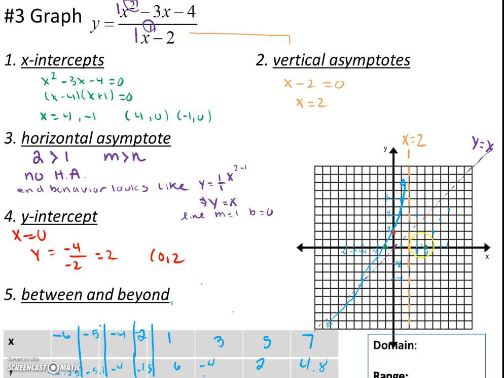Then we're going to have another branch over here, and it's going to approach this asymptote over here on this side, and you would just plot as many points as you need till you have a clear idea of what it's going to do. Again, it's not going to cross that asymptote. Okay, so here I can see it's all out here and it's all out here. So the domain is all real numbers